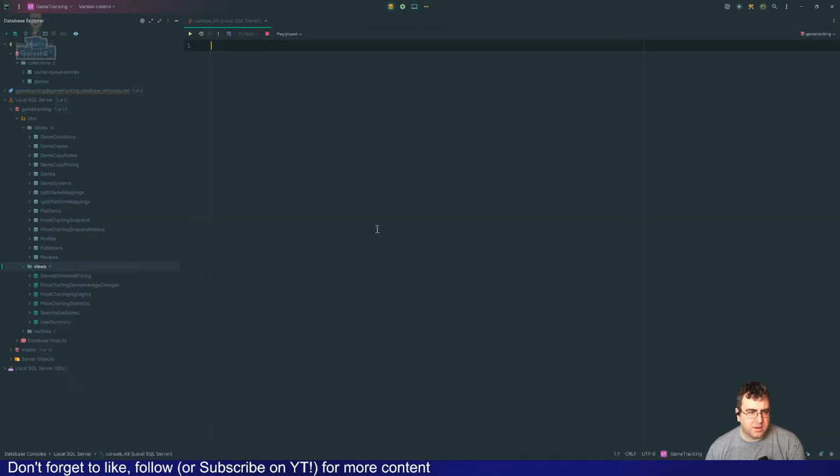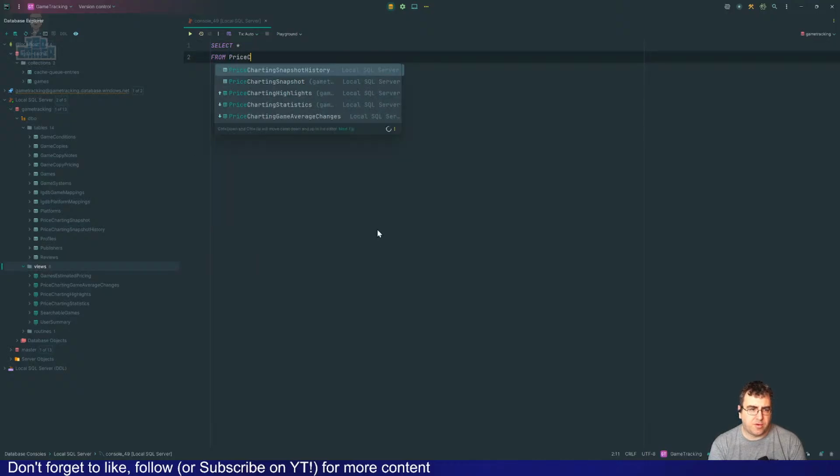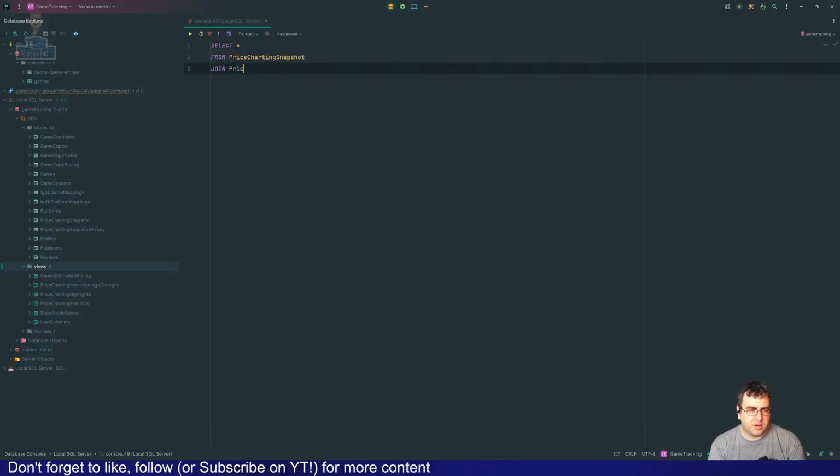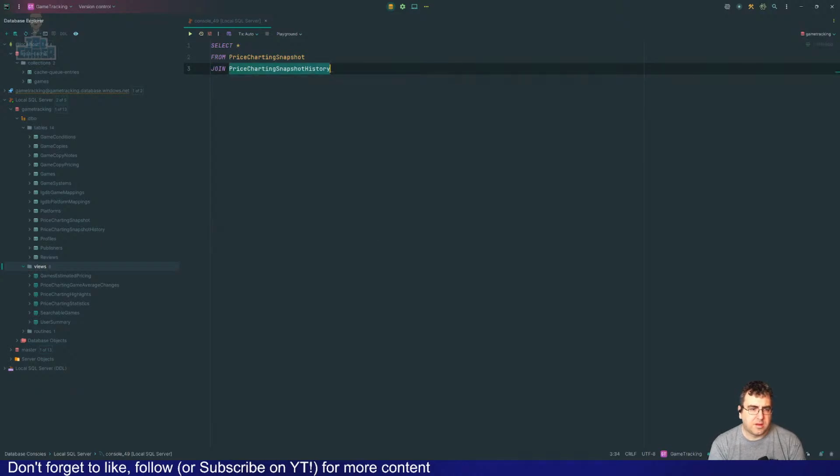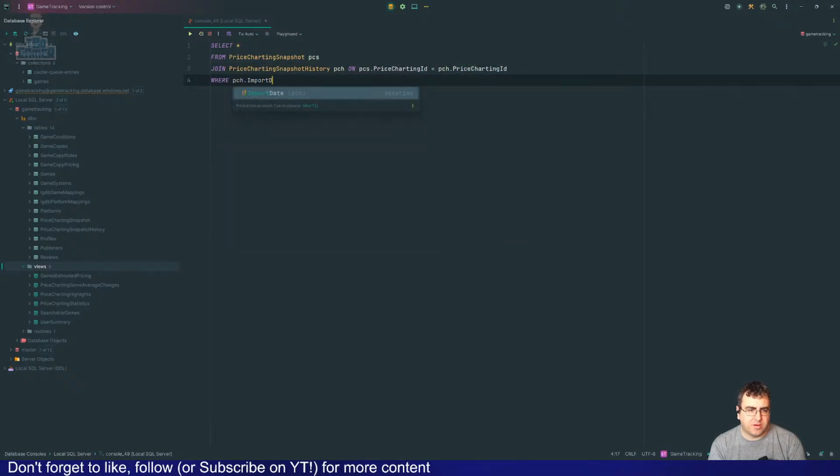That would be select star from price charting snapshot, join price history, PCH, PCS on PCS dot equals PCH dot where PCH dot import date.